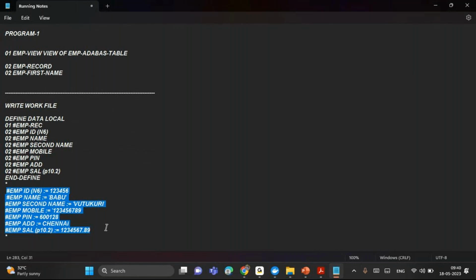But it is supposed to be process-wise: reading the data from your Adabas table and writing into your work file. There may be different scenarios, but this is one of the scenarios. For showing you one example, I'm just creating one data set. Once I create the data set, I'm moving some data randomly into that. Then I will just write